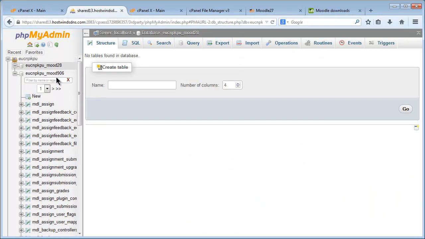Now I'm going to copy whatever was in my previous Moodle site into this one. So selecting this and then clicking import,